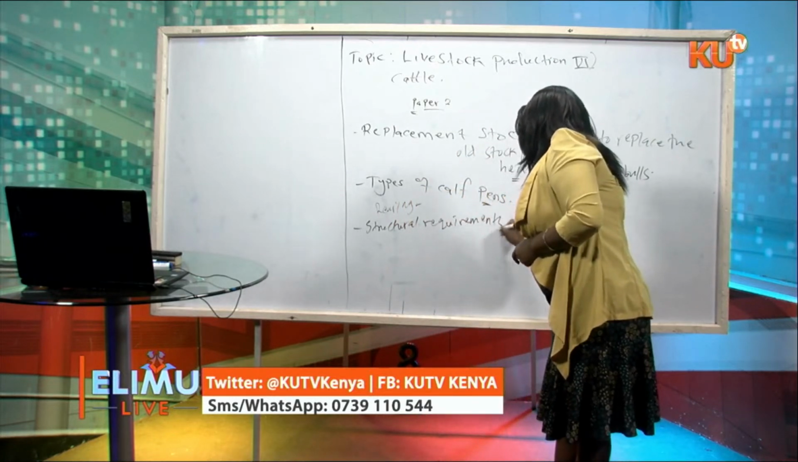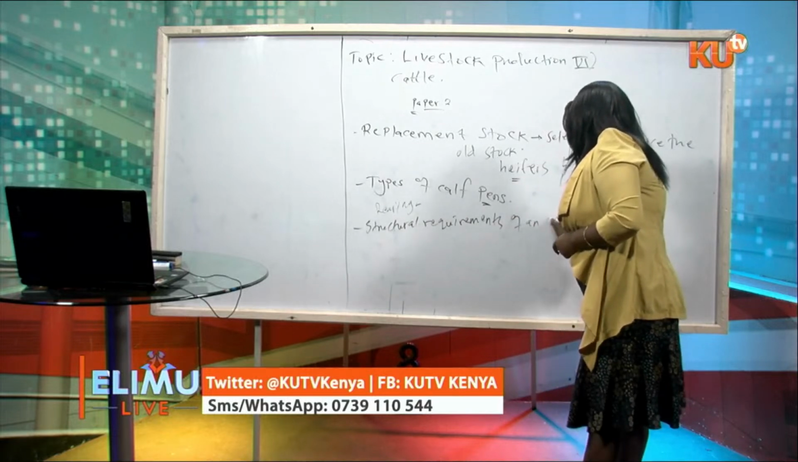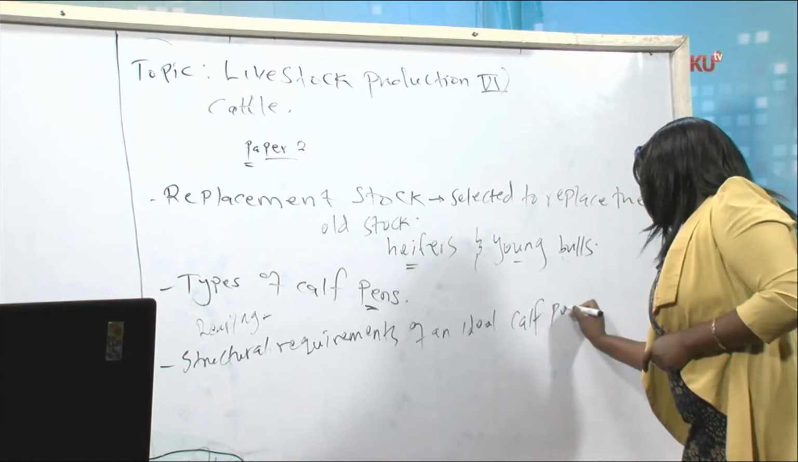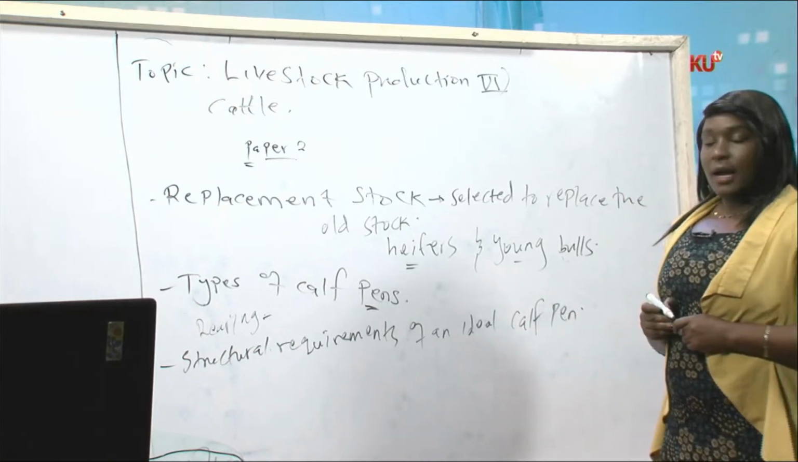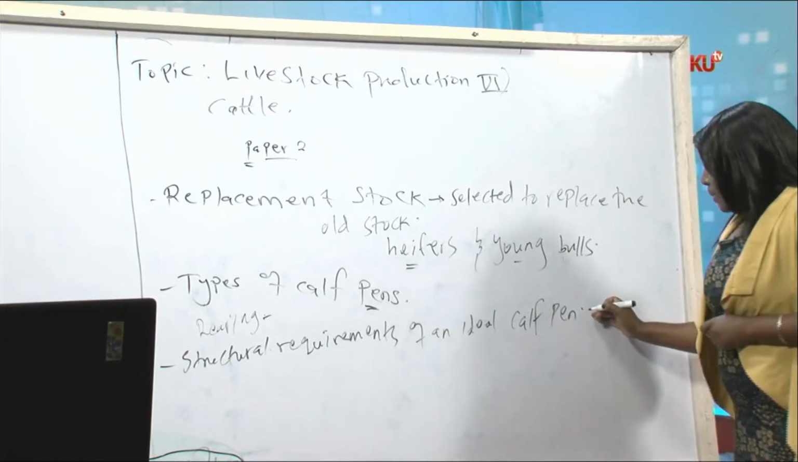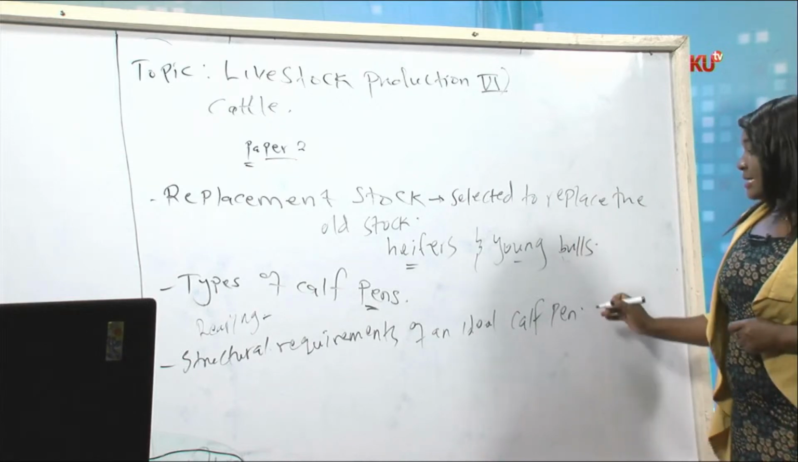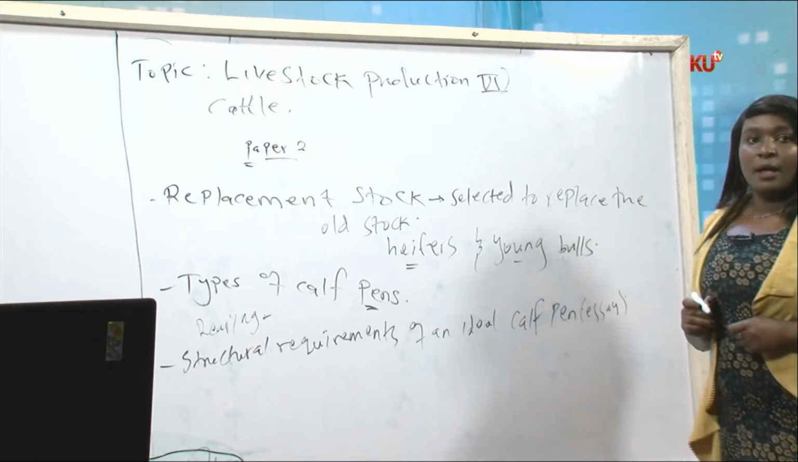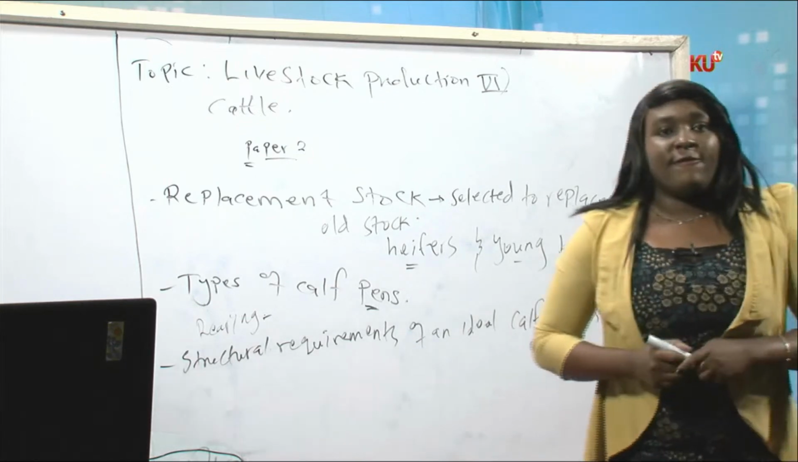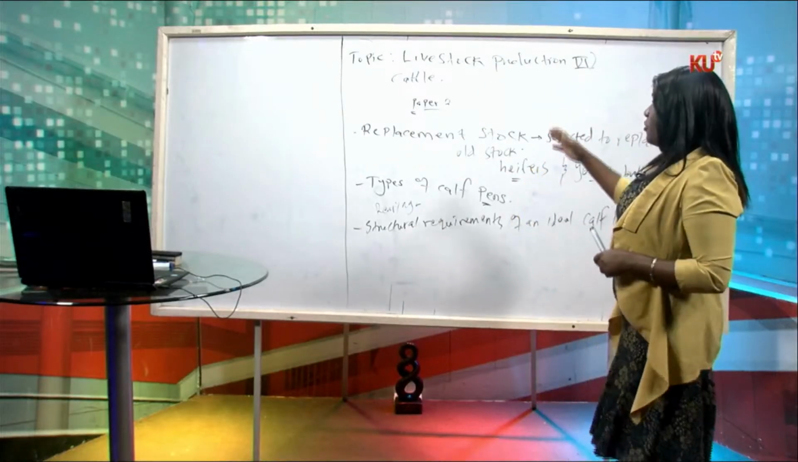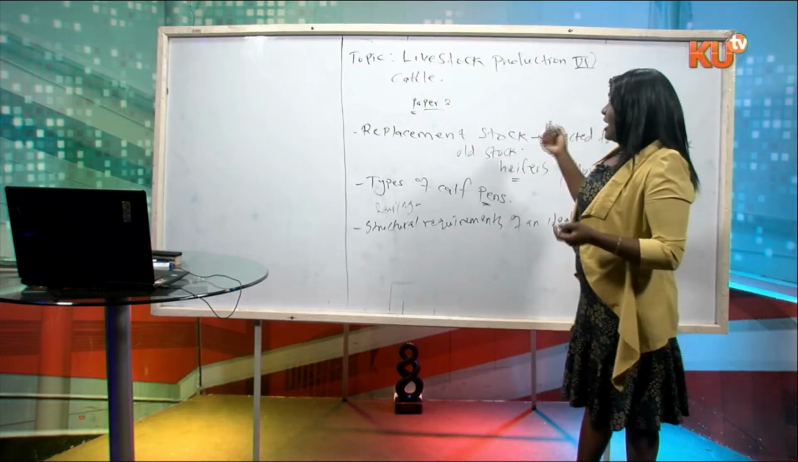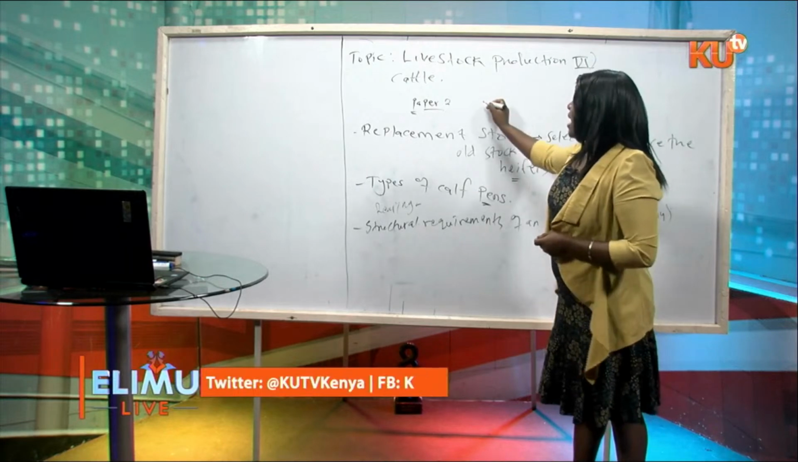Structural requirements of an ideal calf pen. And I want to say, particularly in this case, this is an essay question. At Form 4 level, by now you are familiar, we have already said that this is a topic in paper 2, and you know in paper 2 or in any paper in agriculture, we have sections